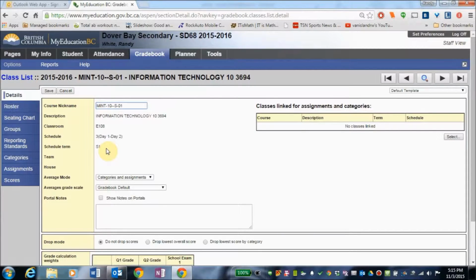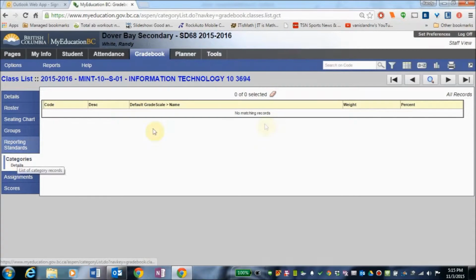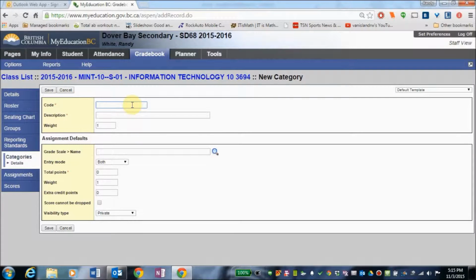So here we are. Over on the left hand side I'm going to click on my categories, and you can see I don't have any yet. So to make some categories like tests, quizzes, assignments, that sort of thing, I'll click on options and add. Give it a code. That's just what you'll quickly see when you're looking up your categories. So I'm going to type assignments, and they are going to be worth 60% of my mark. I'll hit save,